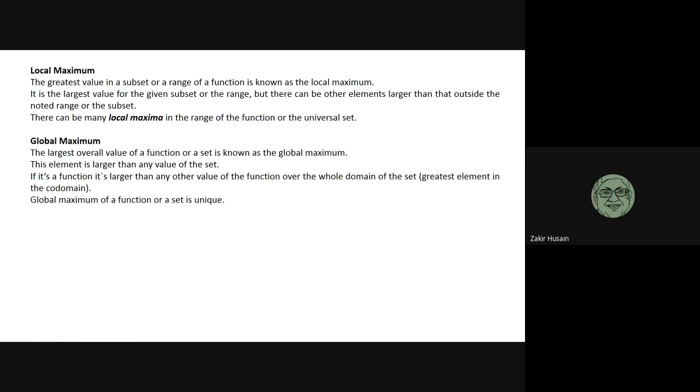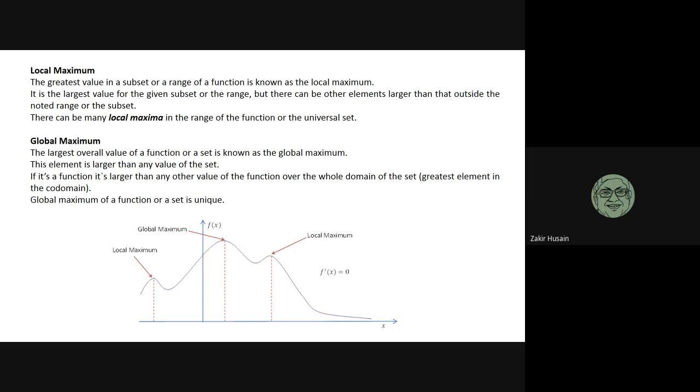So now we can distinguish between local maximum and a global maximum. If you are considering a subset of the function y equal to f(x) and finding out the extremum point, maximum or minimum, then this is said to be the local maximum. If we change the interval, if we change the subset or range of the, yes? Sir, for local maximum, there would be a very small area of range, and for global maximum, the entire range will be taken. Yes. Okay.